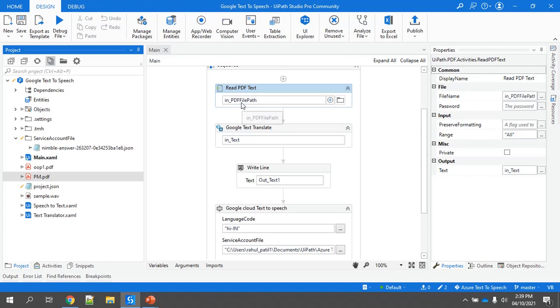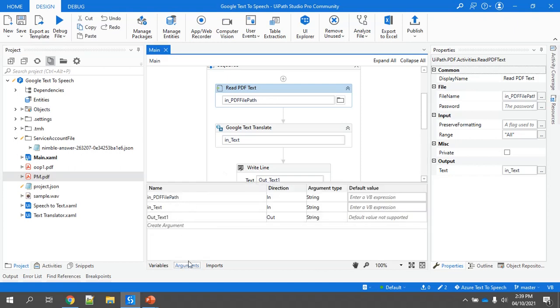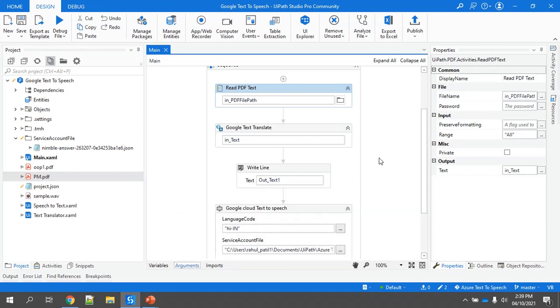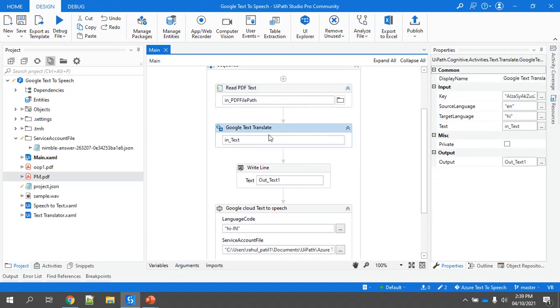Now I have provided an argument here, that is in_PDFFilePath, because we trigger this, or provide input, from the UiPath App, the layer, or I would say the web page that we have created. And then Google Text Translator.